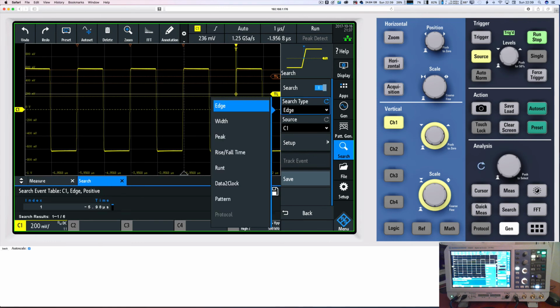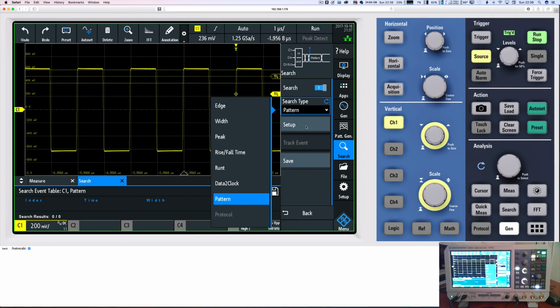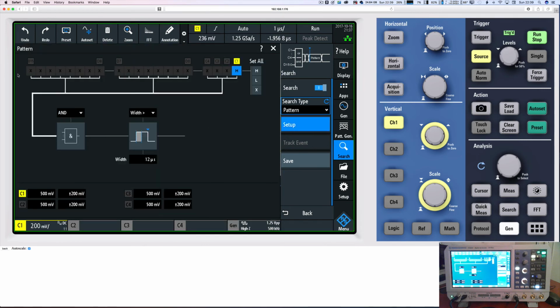But this can also be used, I think, for searching on data or pattern data, which is really very powerful. This now is using digital signals from your logic channels at the base. So you've got D0 to D7 and D8 to D15, 16 channels, and your analog, and you can set these up to high, low, or don't care, an X, which is like low or high. You can also set up on these whether these are just AND, ORs, NANDs or NORs, and you can